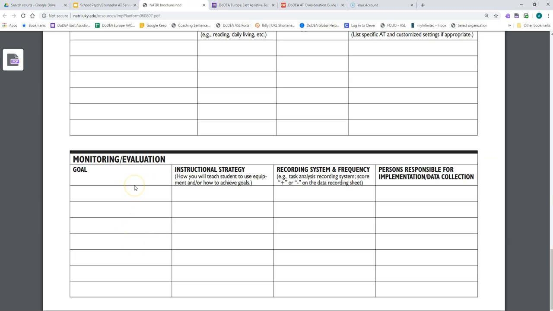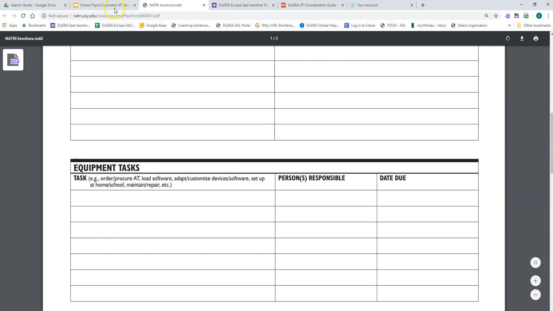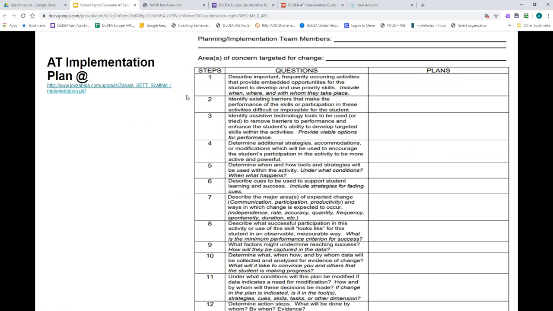more about this, but monitoring. So we've put all these accommodations in place. Are they effective? Are the AT tools working to accommodate that student's disability, or is it not effective? So if you're that linear kind of mindset, you might really appreciate this type of form. I also have another planning document